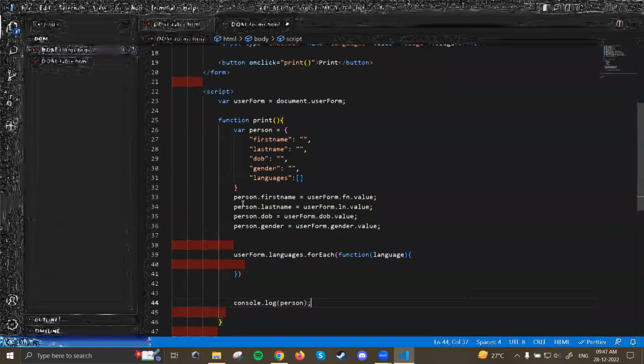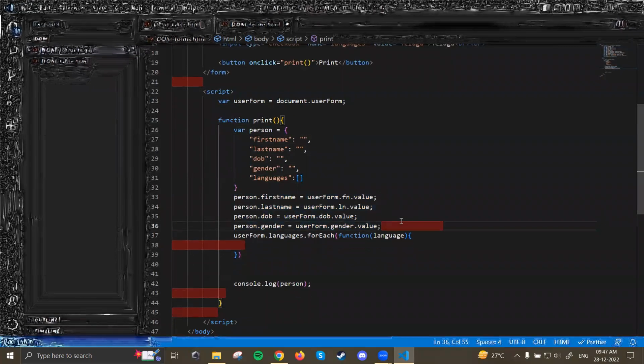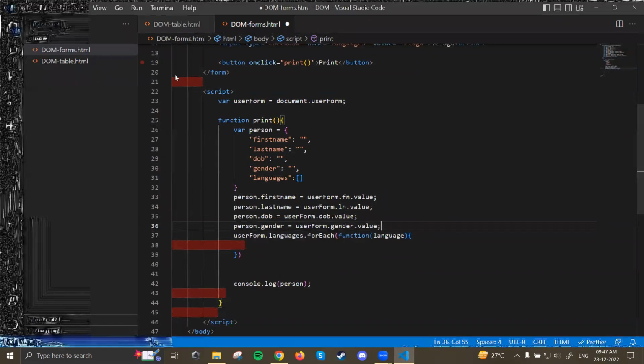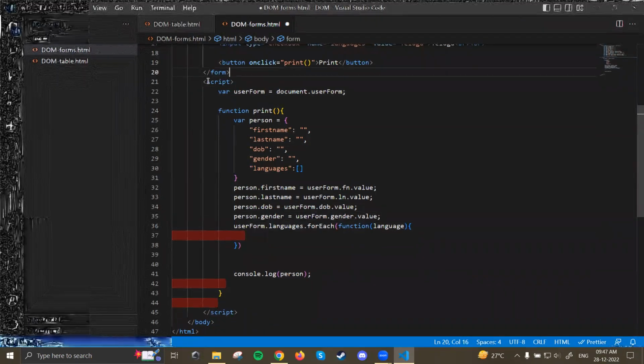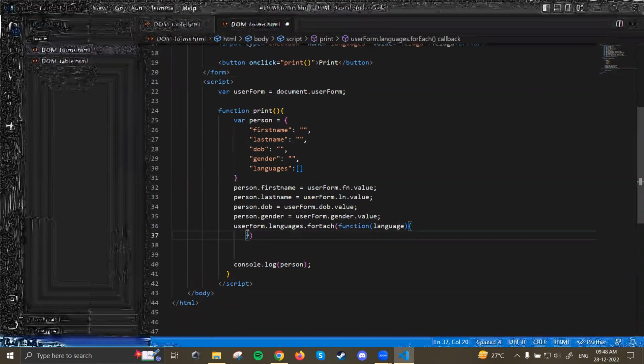So person.firstName, lastName, dateOfBirth and gender are okay, but for the languages what we will do is userForm.languages.forEach. Just 1 second, let me remove these extra lines. Now inside this forEach, what we will do is